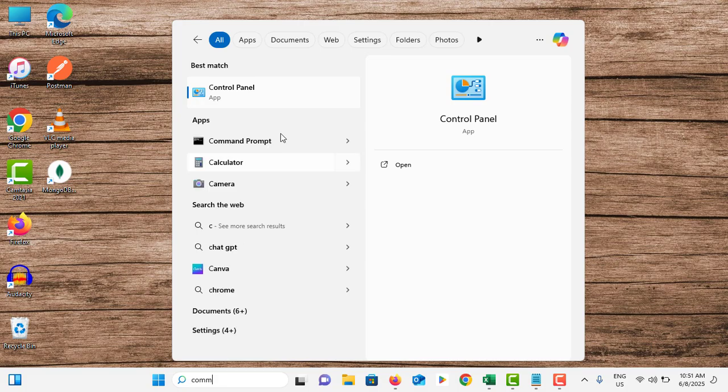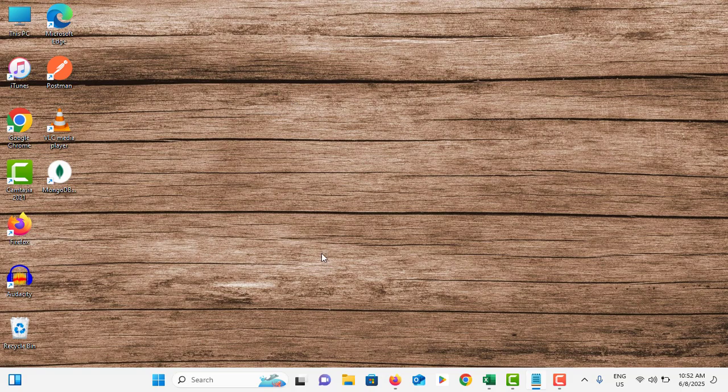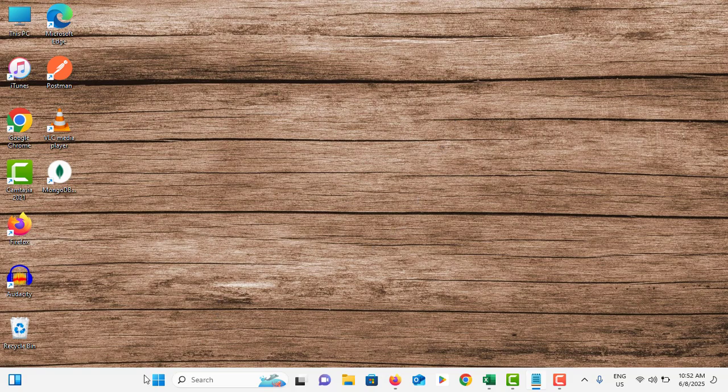So go to the search bar, type command prompt. Remember, all these things are done in safe mode. Okay, now you need to type chkdsk /f /r, then hit enter. This will check for disk errors if there are any. Once it is completed, close this one and go to the start menu,